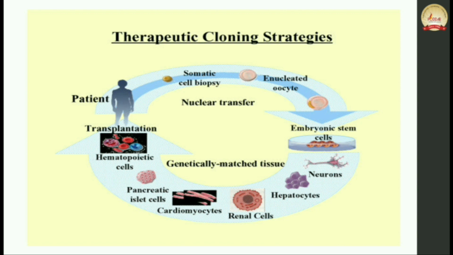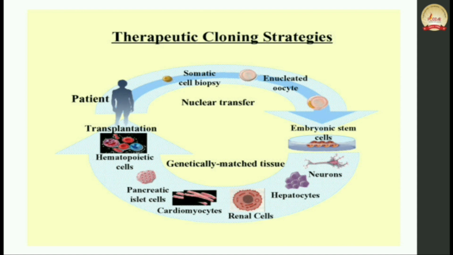What is the strategy of therapeutic cloning? From the diagram we can understand. If a patient has organ failure or any other problem related to an organ, we can transplant an organ from another body. How does it work? From the patient we take the somatic cell by biopsy, and we select the enucleated oocyte and transfer it into it and fuse them with an electric shock, and the blastomere condition is obtained,